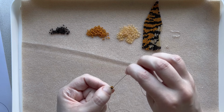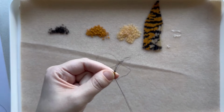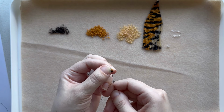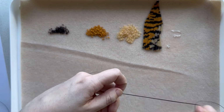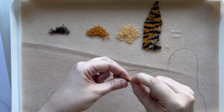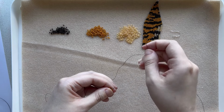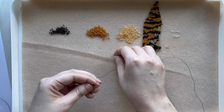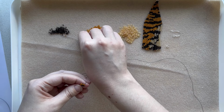And of course I know it's easy to take a screenshot or just to pause and do the same. So basically to steal the pattern, but we all know that's not the right thing to do. So please, if you want to make these earrings, first buy the pattern or a beading kit with a pattern, and then you're free to use it and to sell the earrings you make or leave them to yourself. Now we take